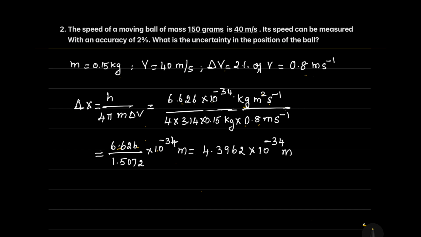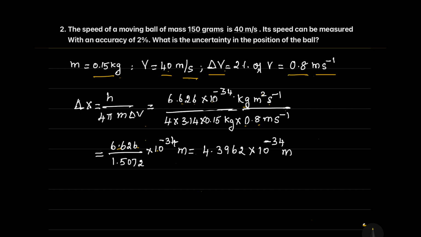Second problem. The speed of a moving ball of mass 150 grams is 40 meters per second. Its speed can be measured with an accuracy of 2%. What is the uncertainty in the position of the ball? The m value is given in grams in the problem, 150. On converting into kilograms we get 0.15. V, the velocity, is 40 meters per second. Delta v is the uncertainty in measuring the velocity, that is 2% of 40 meters per second, it comes to